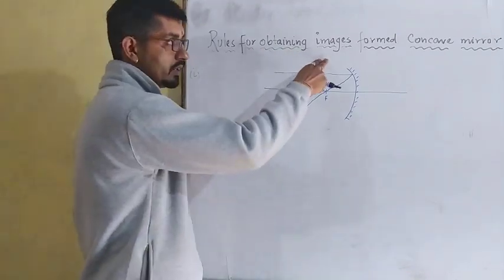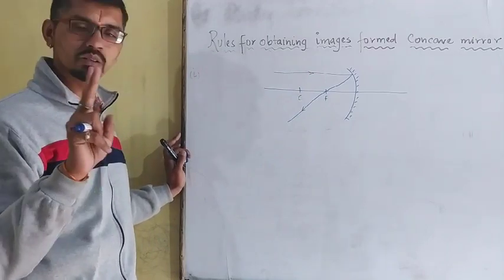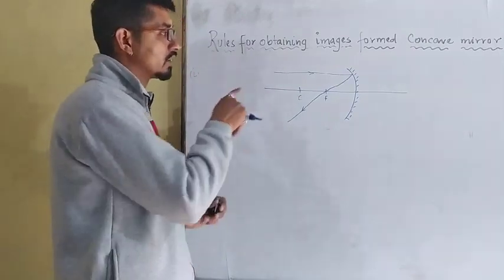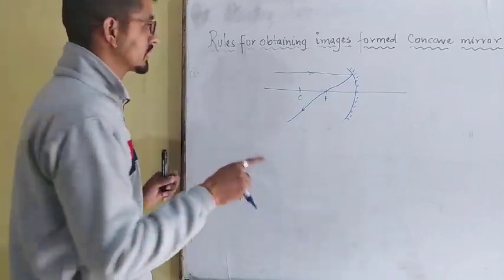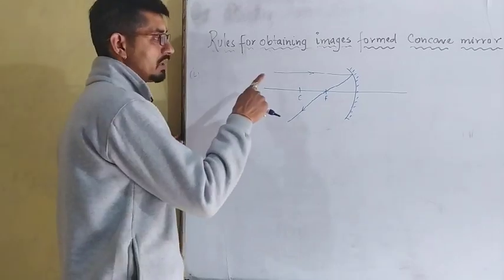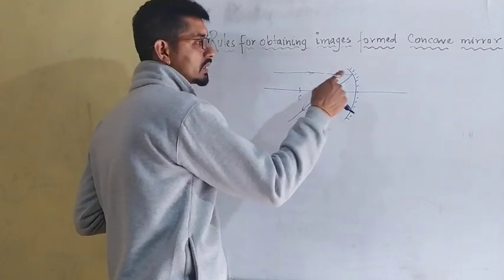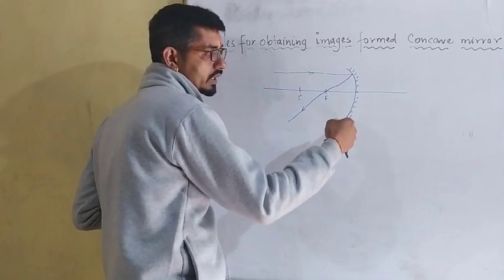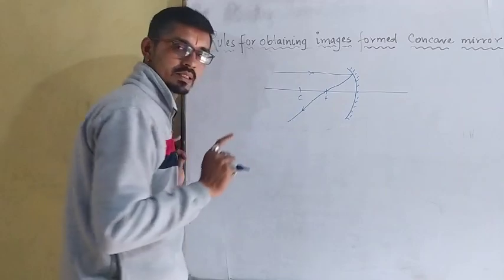And for image formation, we need two light rays, a minimum of two, at least two light rays we need. And you draw the ray diagram according to the rule. For image formation, the rule is very important. First is, you have to write this in your notebook as well. The rule number 1 is, if a light ray comes parallel to the principal axis, after reflection from the concave mirror, or you can say after striking the concave mirror, after reflection, it passes through the focus.